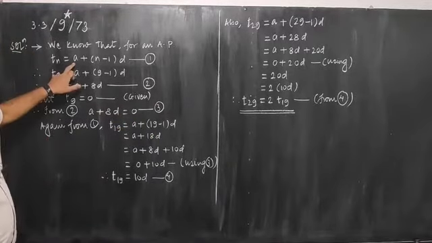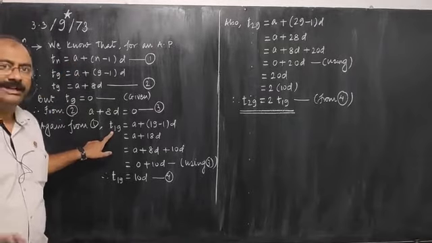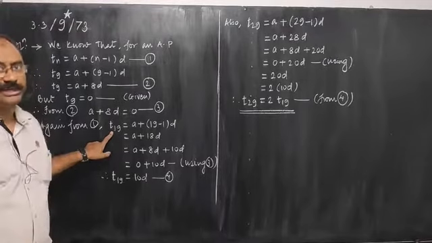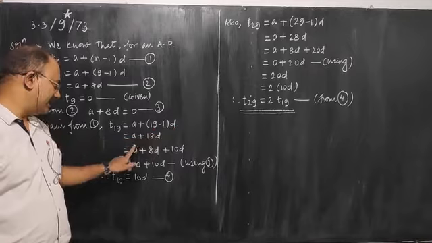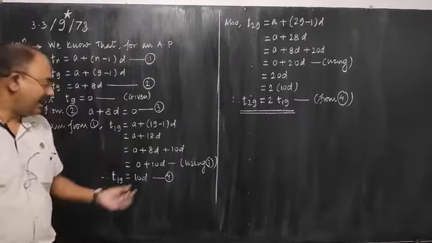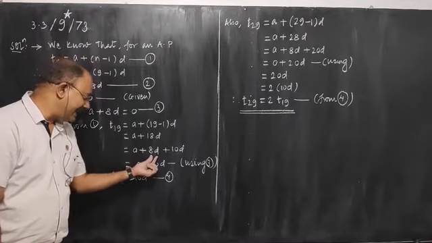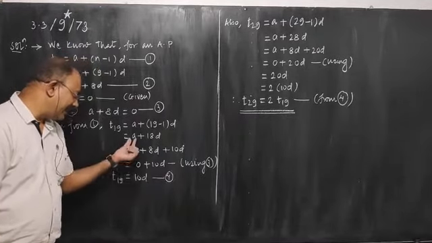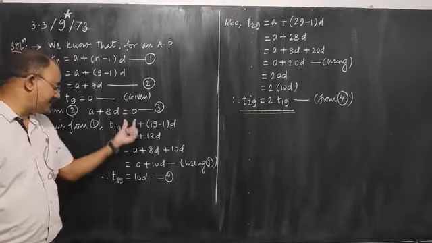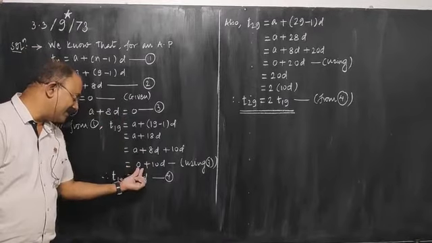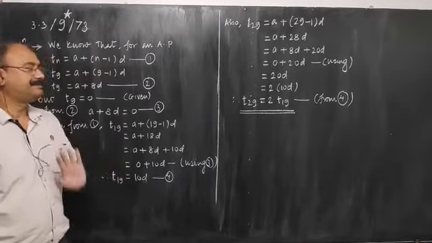Now again from equation number 1, let us calculate T19. T19 ही क्यों? क्योंकि 19th term और 29th term के बीच में रिलेशन प्रूव करना है. So T19 will be equal to a plus (19 minus 1) into d, that is a plus 18d. अब याद रखो मैं यहाँ थोड़ा सा एडजस्टमेंट कर रहा हूँ. 18d I am splitting as 8d plus 10d, a as it is written. But we know that a plus 8d is 0, so in place of a plus 8d we will write 0. So this will be equal to 10d. That means the 19th term is 10d.